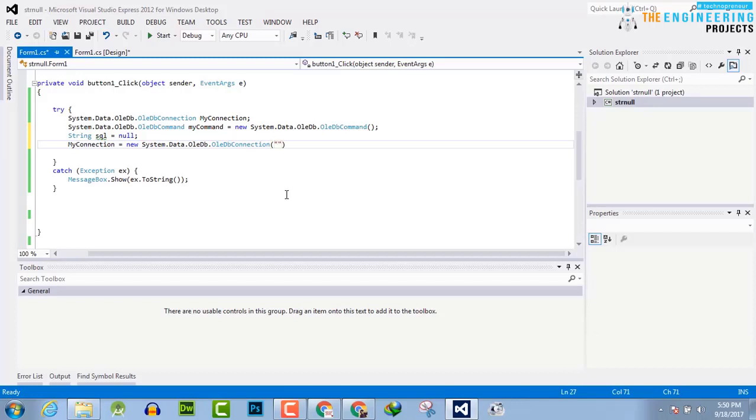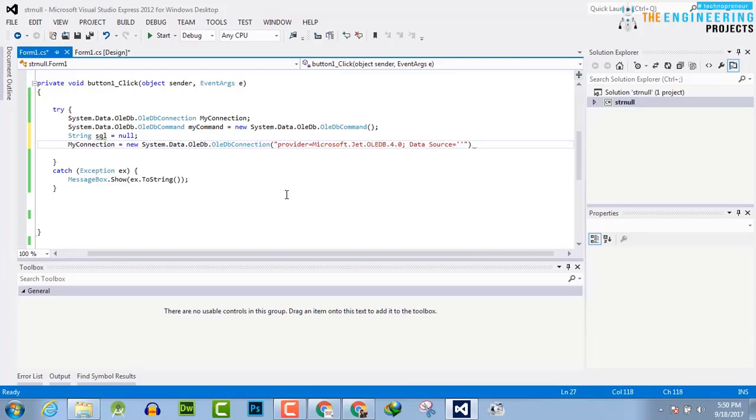In this you have to write the Provider is equal Microsoft.Jet.OLEDB.4.0; and semicolon, then Data Source is equal in single quotation the path of the file in which you want to insert the data, which is